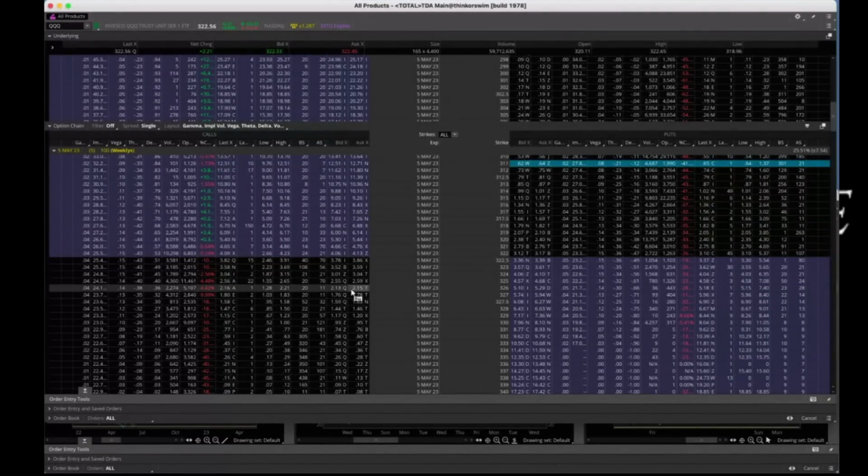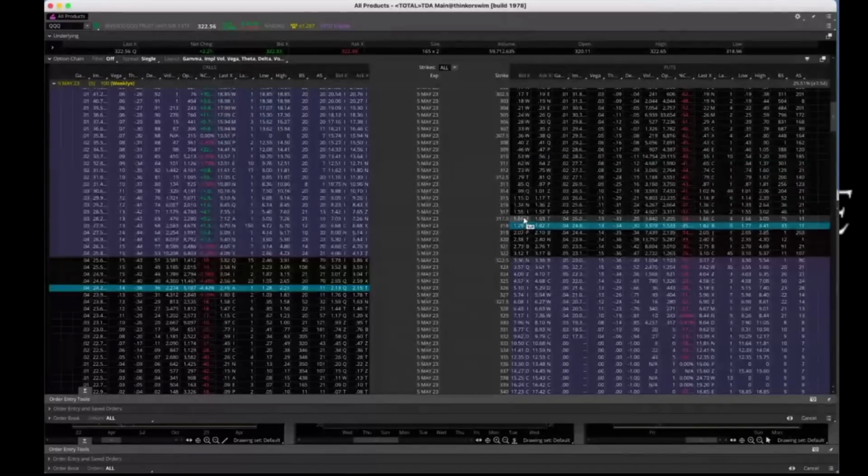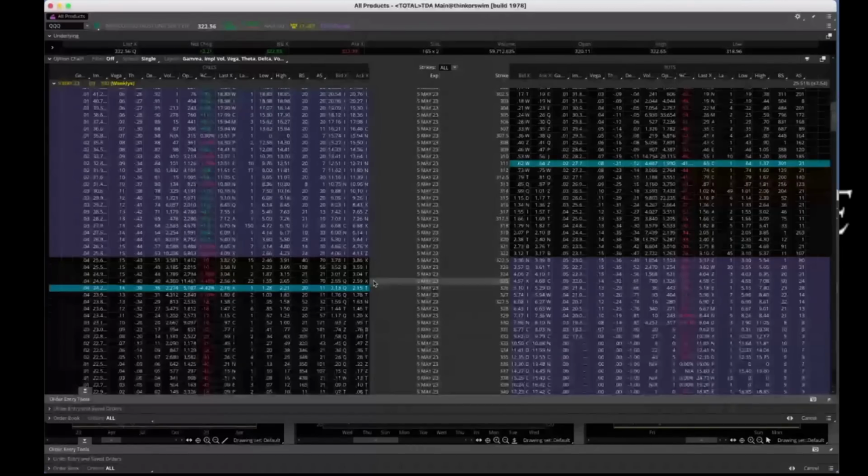326 costs a little bit more, so you're going to want to wait for a pullback to buy this one. Right now it's a little bit high actually. Let's go to 318 just in case, because that was the yellow line. If it's early in the week where we see it go up, then I would get the 318. If you see it break down under 318, at least you know it could go down to 311. So you have two areas for the puts and one area for the calls. This is what I would suggest.